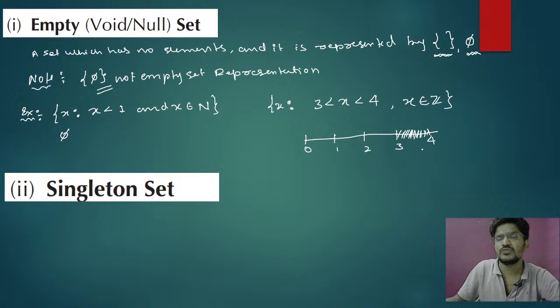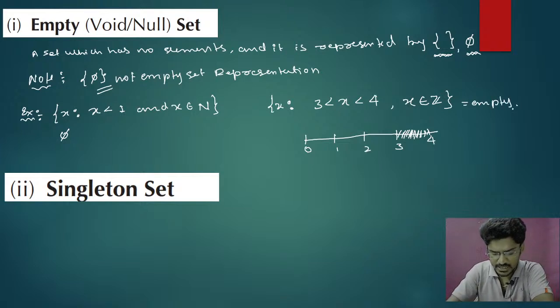In between 3 and 4 no integers are present. Therefore it is also going to be equal to empty set. It is also going to be equal to empty set. Clear? So now we can go for the next